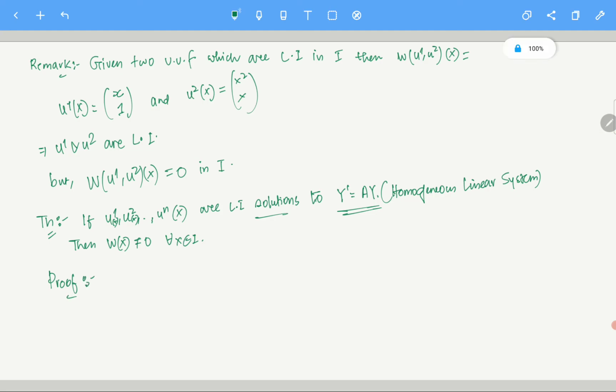So we start with the point x naught. I have to show that the Wronskian is non-zero for all x. So let us assume that there is a point x naught where the Wronskian is going to be zero. You understand what I'm saying? Now, if that is the case, then there exist